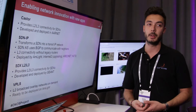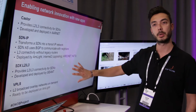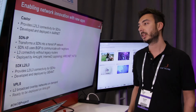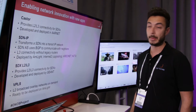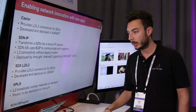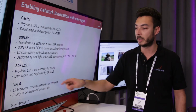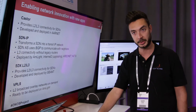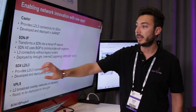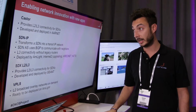So what do I mean when I say enabling network innovation? These are the applications that we deployed in the last 2 years in our testbed. We started from SDN IP, which basically is an application that translates BGP routes into OpenFlow entries on the switches. We then moved to VPLS, that is an application that lets you create layer 2 broadcast overlay networks on demand. And then the real news of this year is SDX layer 2, made by Giant, and Castor, done by Arnet